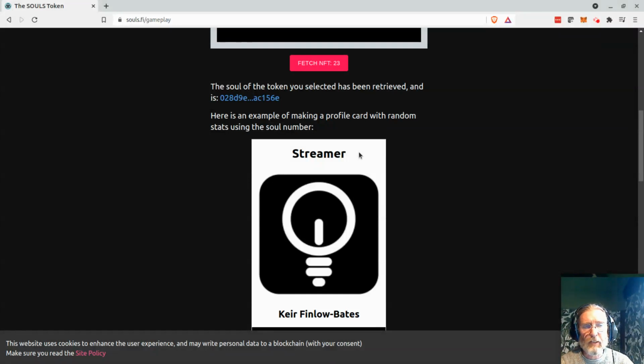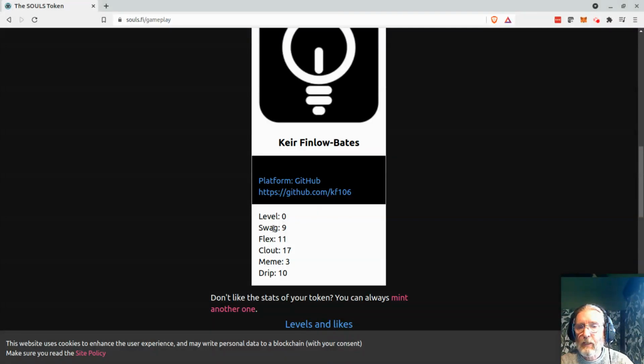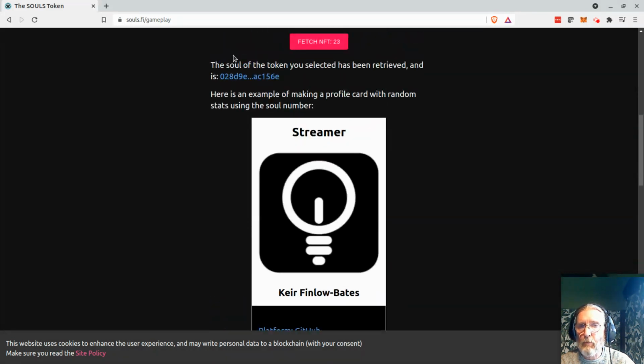So you can kind of think of them like character classes in a role-playing game, and they've been determined by the first digit. And then similarly, we have these made up statistics, swag, flex, and clout, and so on. And they're all numbers between 3 and 18, and they are generated from the subsequent digits that come along.